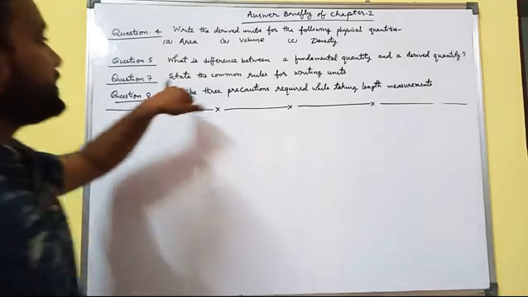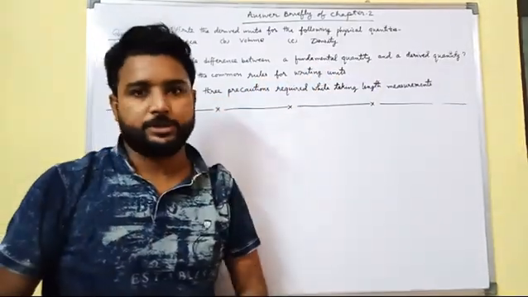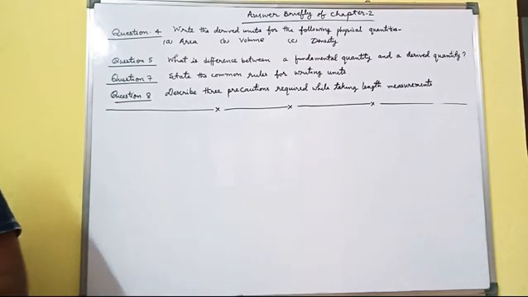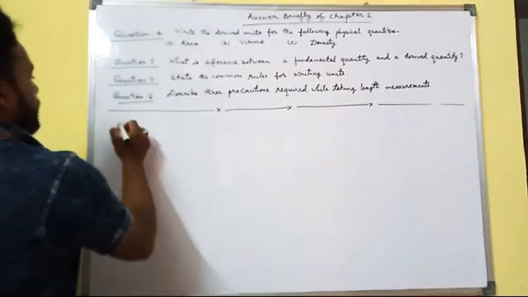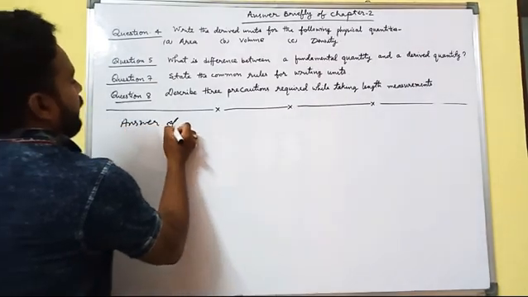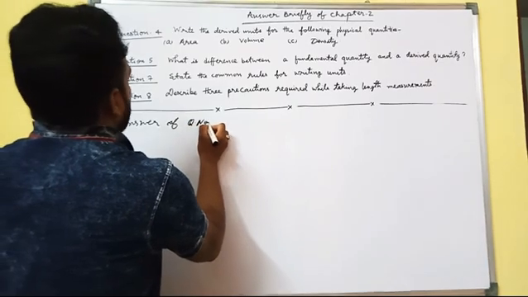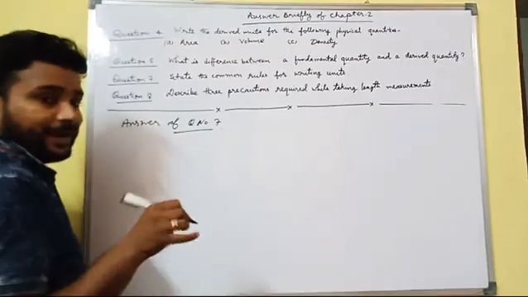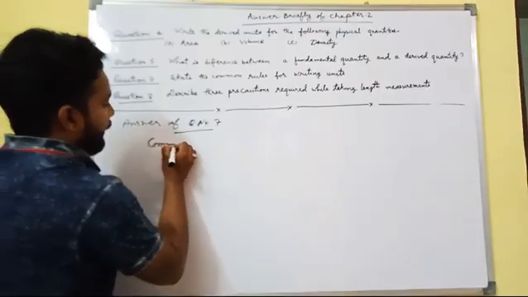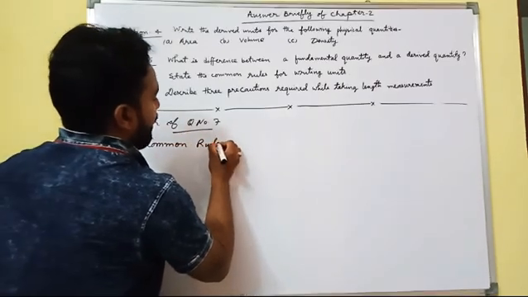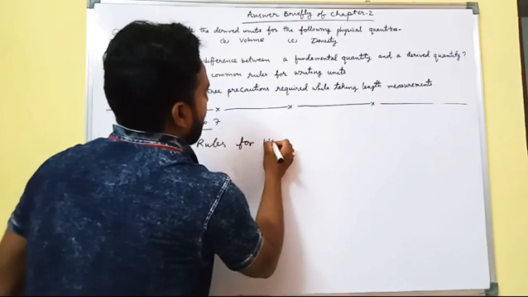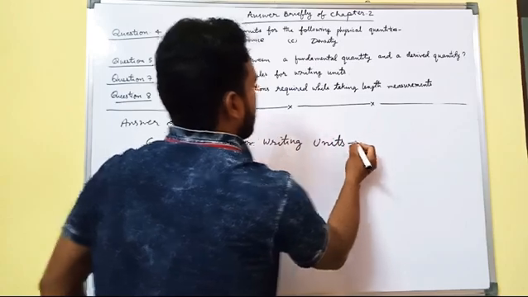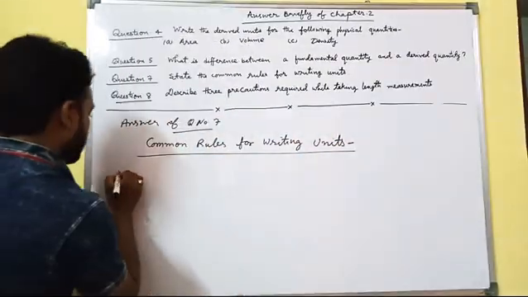Question number 7 is: state the common rules for writing units. This will be the answer of question number 7. You can write the heading: common rules for writing units. And the first point will be